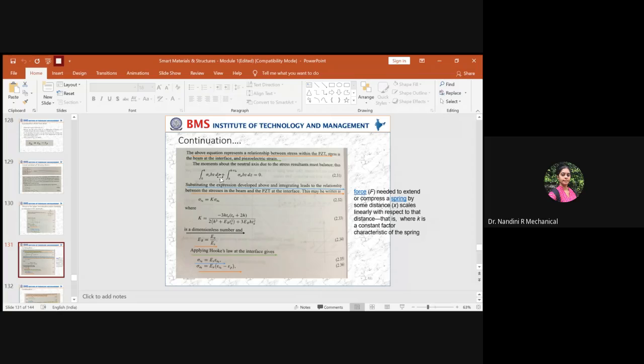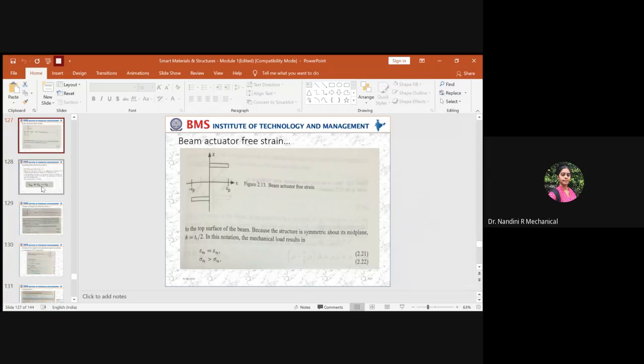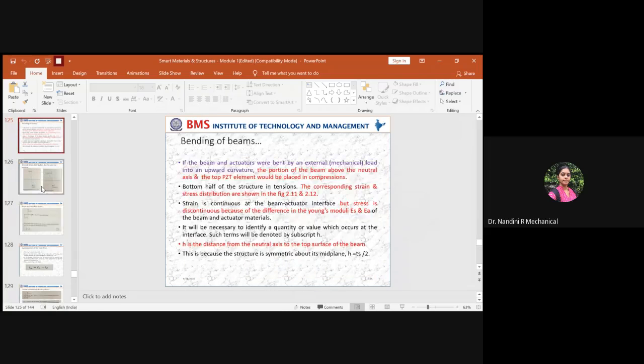To get the moment across the neutral axis, you have to integrate the components from different intervals. What are these? Because you have the structure going from the neutral axis to the height of h. So above the height of h, you have a PZT patch of T suffix A. So that I have shown you in the beginning of the diagram. Now I'll show you again.